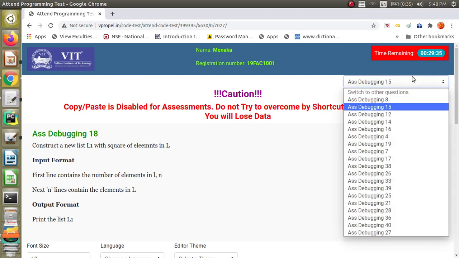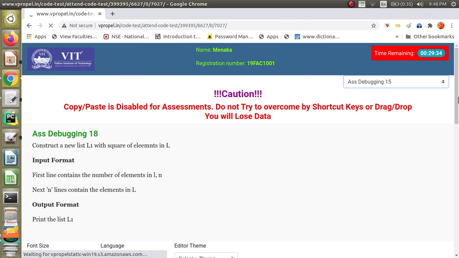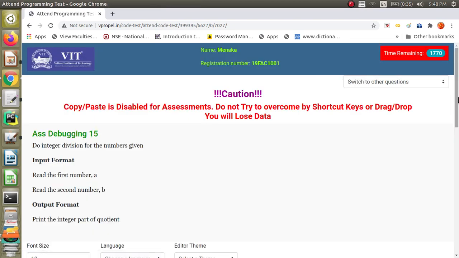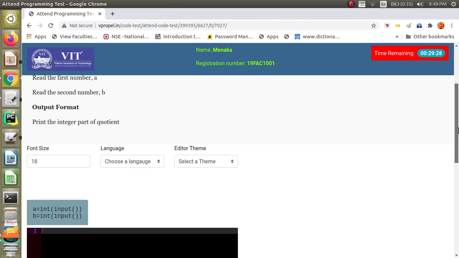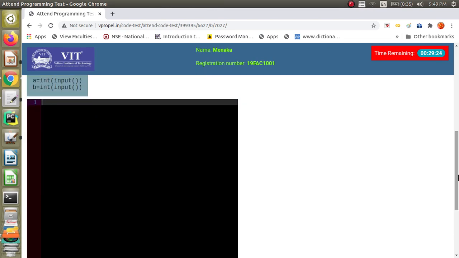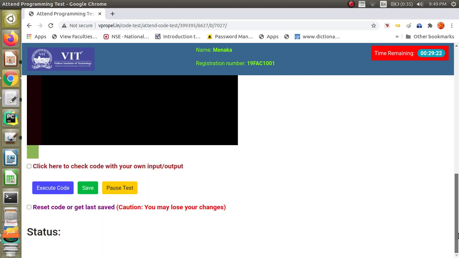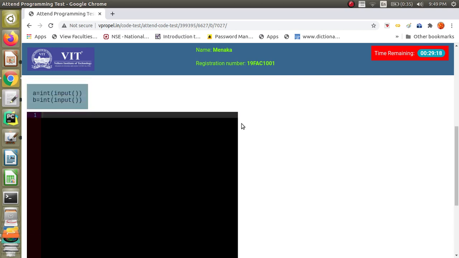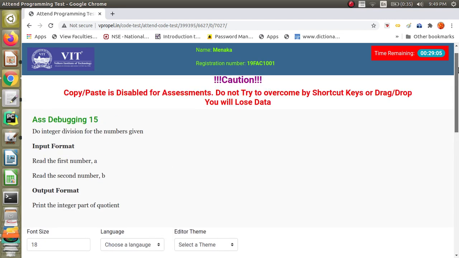Next let us see a type 2 question. In the type 1 question we saw that both pre-code as well as post-code are available. This is a type 2 question. It will have a description and so on. See here, we have the pre-code above the code editor, but we do not have a post-code. There may be questions like this also. Now you have to understand the problem statement and accordingly fill the code here. In this case pre-code plus the template code will be compiled and executed for correctness.